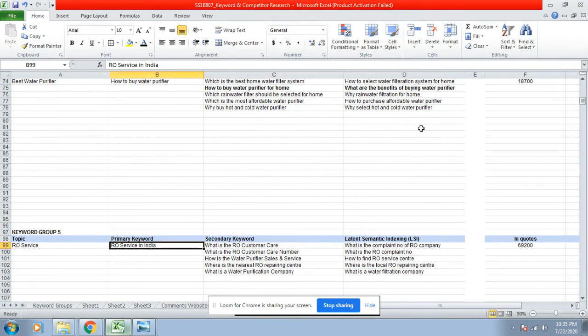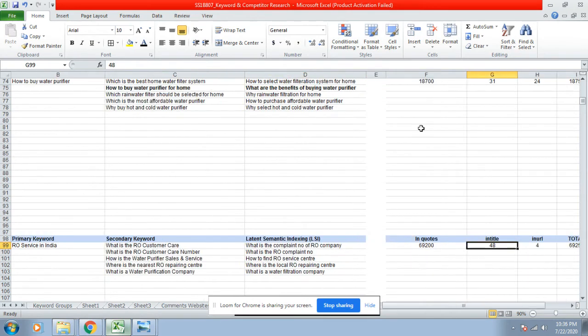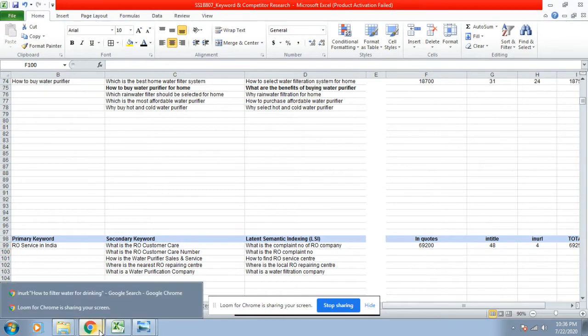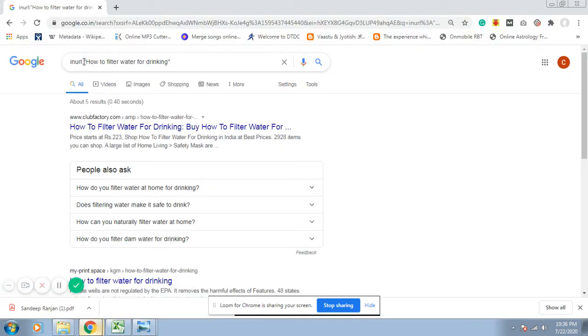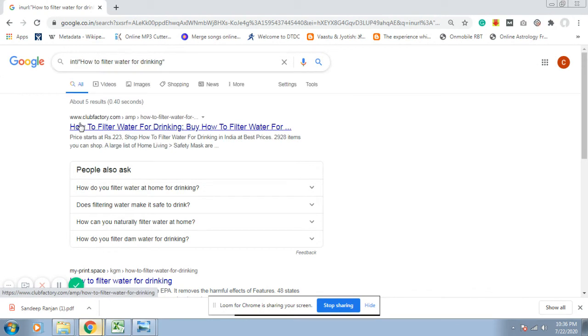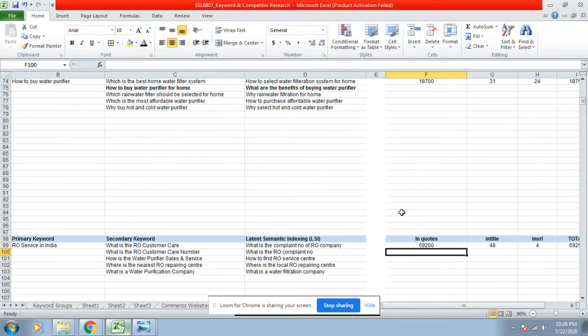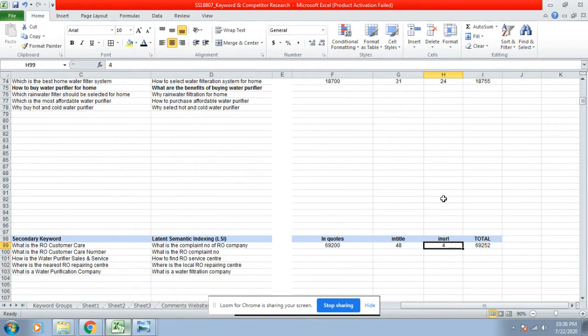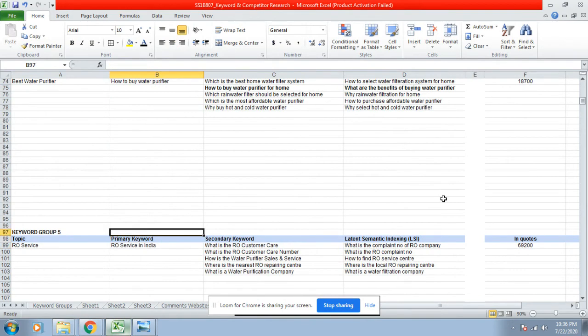Similarly, we do primary keyword research for in quotes, which means putting the keyword in quotes. This is in-quotes competition research. In title means intitle with a colon. For URL we put inurl. In this way we will be doing competition research for primary keywords.